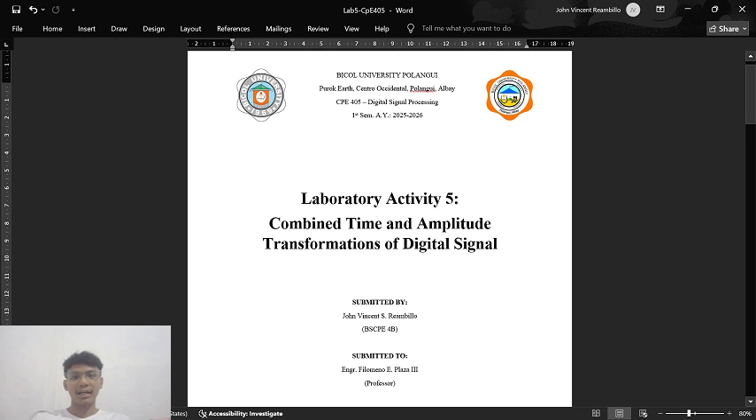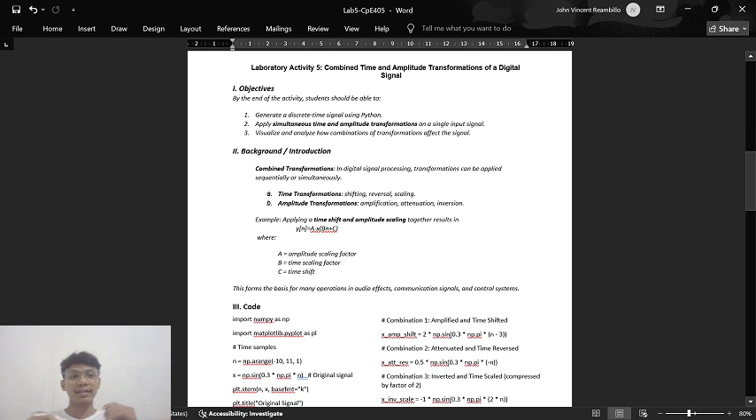a Digital Signal. The main goal of this activity is to understand how a signal can be modified when both time and amplitude transformations are applied at the same time. Specifically, we aim to generate a discrete time signal using Python, apply simultaneous transformations, and visualize how this affects the